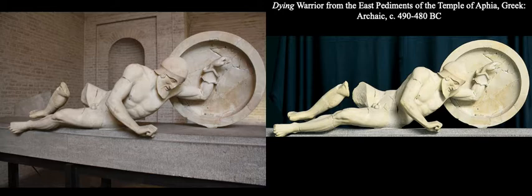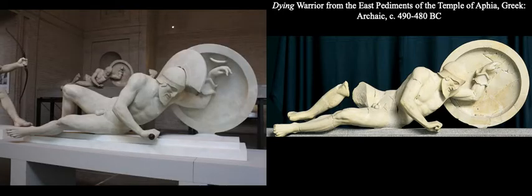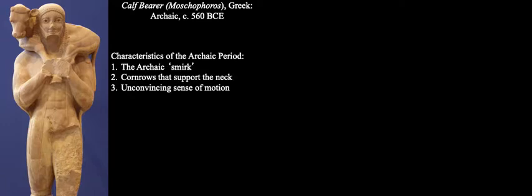Really, very quickly, we're going to see changes to all of these bodies. And as a way to think about that, I'm going to give you this guy right here. He is the calf bearer. He dates from about 560, and he is an archaic statue. And this object shows some of the major characteristics of Greek archaic statues. And if you know these three things, you'll be able to recognize an archaic versus a classical statue with very little difficulty. The first is what's called the archaic smile,